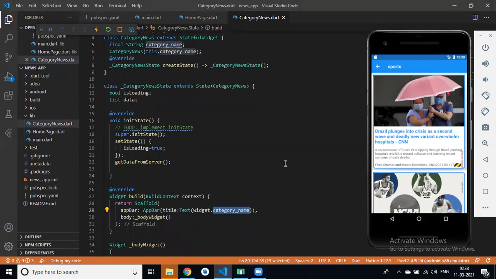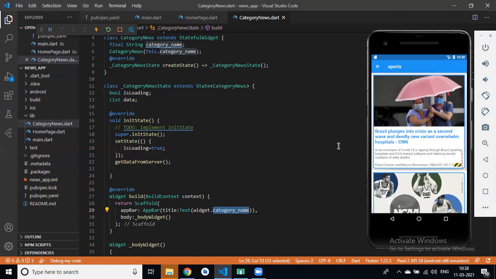What is final? Can you please explain what is final? For a variable, the final keyword means the value can't be changed, can't be modified in this page.